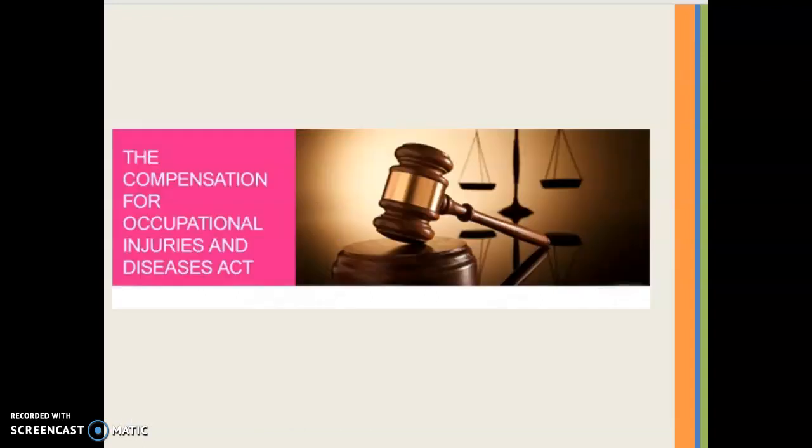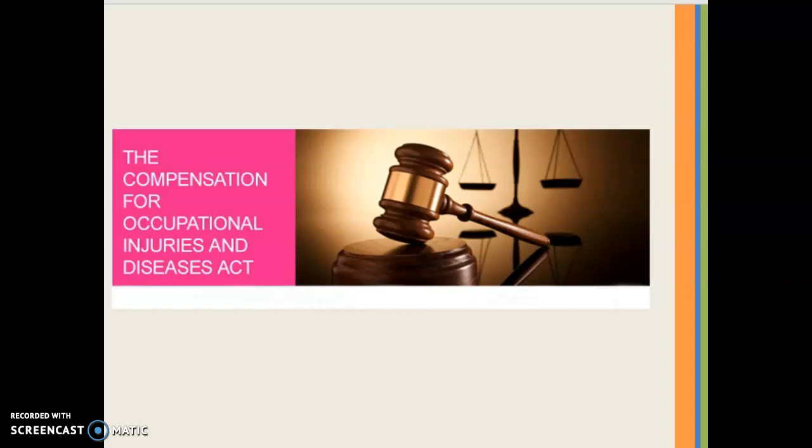Right, we are now on to the third compulsory insurance, that is the compensation for occupational injuries and disease. So the fund covers diseases and workplace injuries, compensates employees for injuries and diseases that occurred whilst at work. Compensation paid is determined by the degree of disablement. So if I just hurt my finger, I'm not going to be able to claim for that because it doesn't actually affect my working condition. However, if I fell down the stairs while at work and broke my leg and hence couldn't go to work, I would then be able to claim.